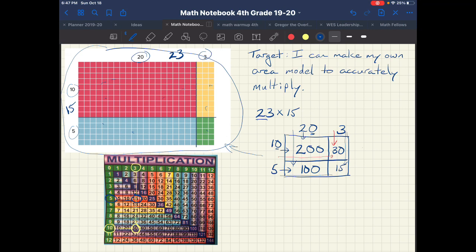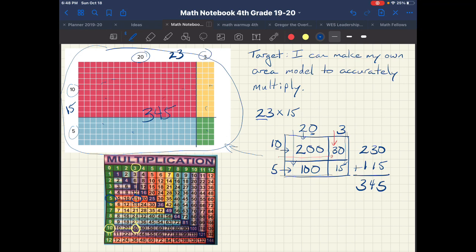200 plus 30 is 230. 100 plus 15 is 115. And now I add this all up. 5 and 0 is 5. 3 and 1 is 4. 2 and 1 is 3. So all together over here, this whole thing is